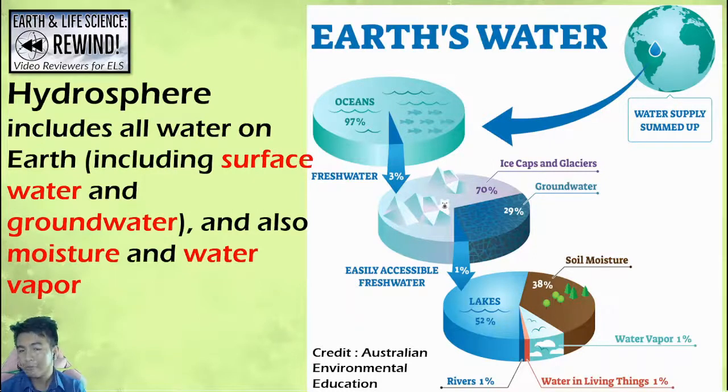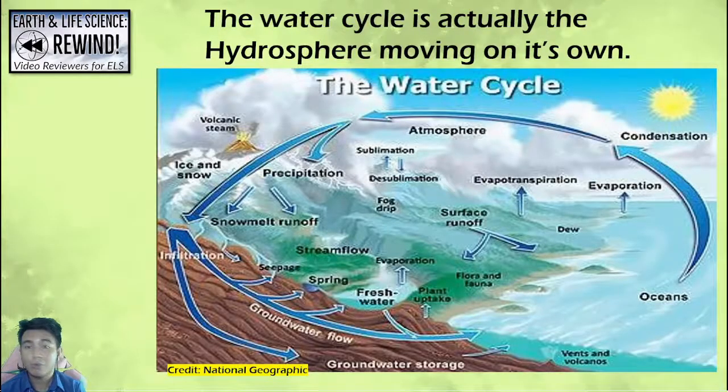You should also remember that fresh water is mostly on the polar ice caps, or if not in the polar ice caps, groundwater stored underground. Knowing this should concern and encourage students to at least conserve water and push for rehabilitation of rivers, lakes, environment as a whole. Part of the hydrosphere is the water cycle. The water cycle is actually just the hydrosphere in action, the hydrosphere moving, and shows how water is transported within different phases: liquid, solid, and gas.